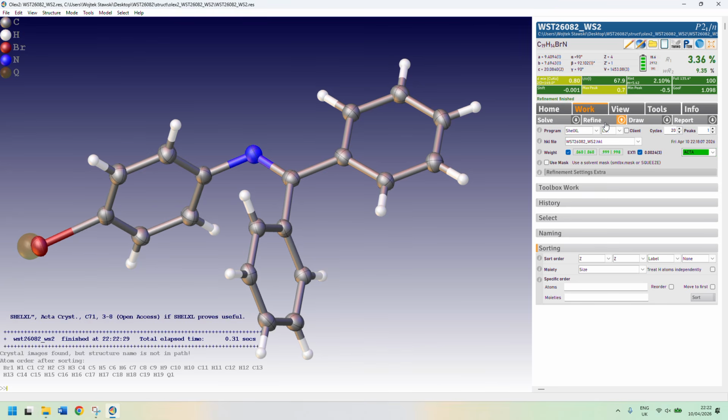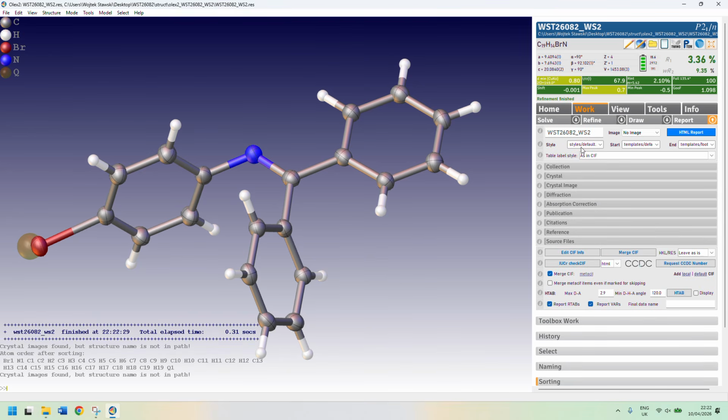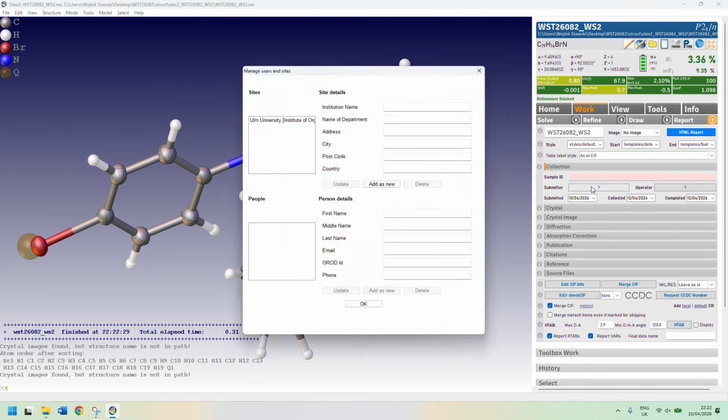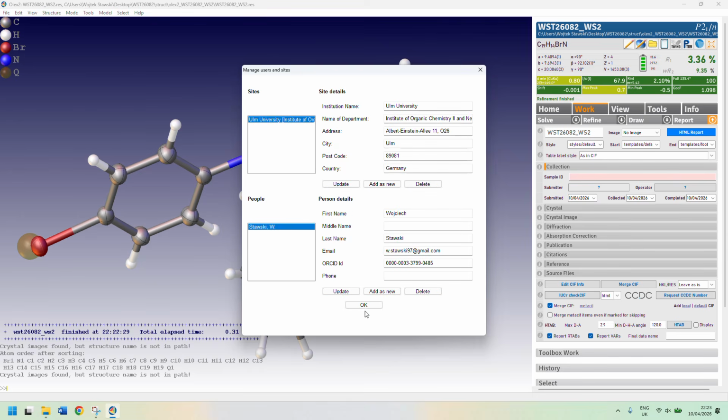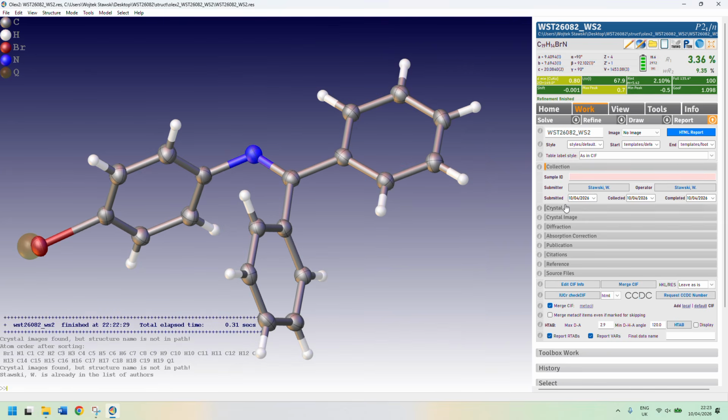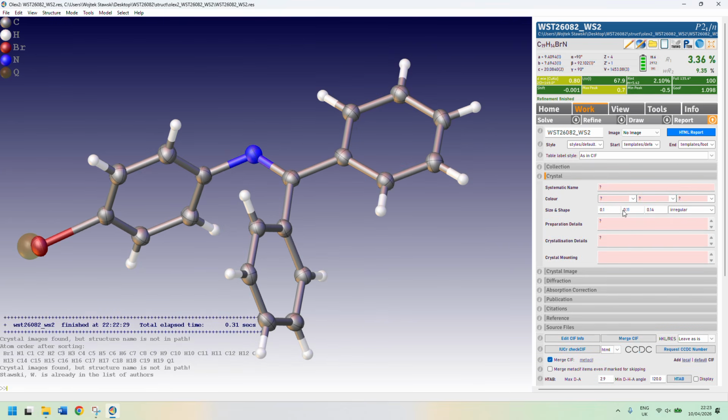Okay, we go to report now. We are done with our structure refinement, but we want to publish the CIF file, right? So we put in submitter details. It's already saved all of my data. So I added the crystal. For some reason, it doesn't remember the color, even though we inputted it in CrysAlis. So it was something like, I think, clear, light yellow. Yes. Preparation details: if we are submitting the crystal structure together with a manuscript dealing with it,